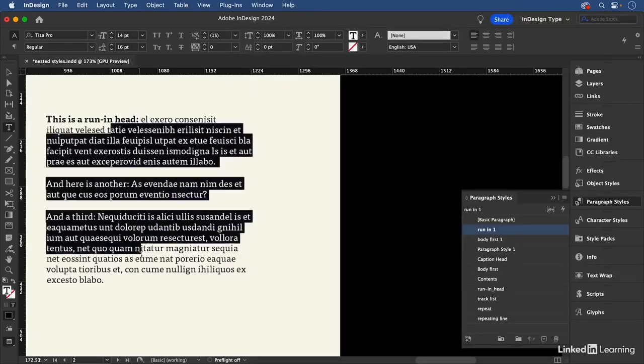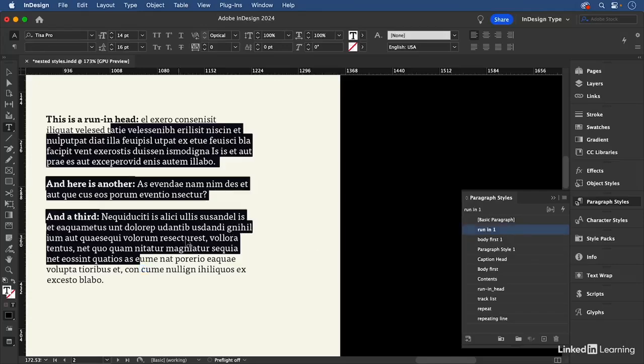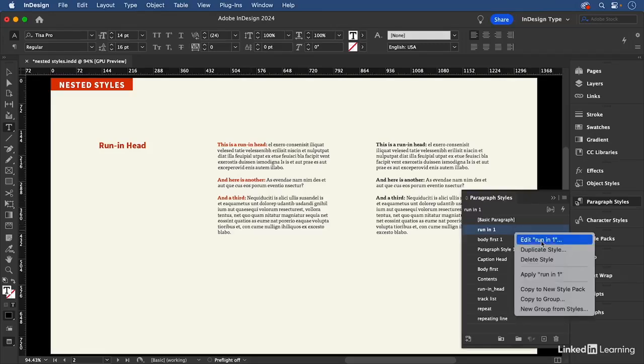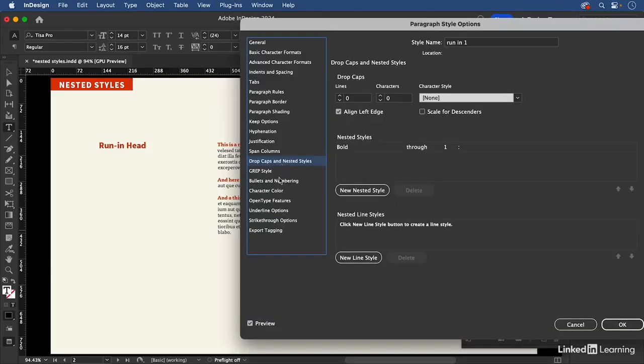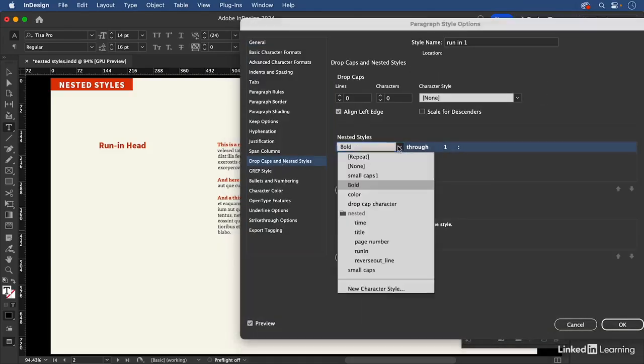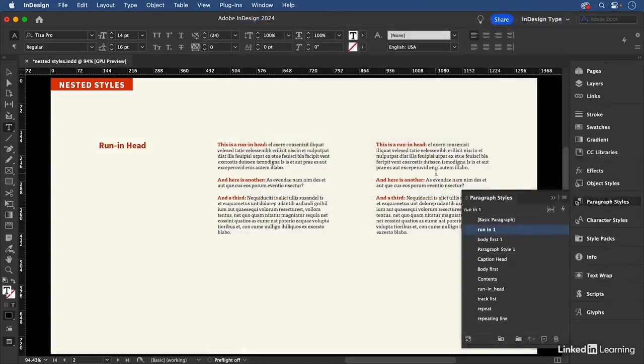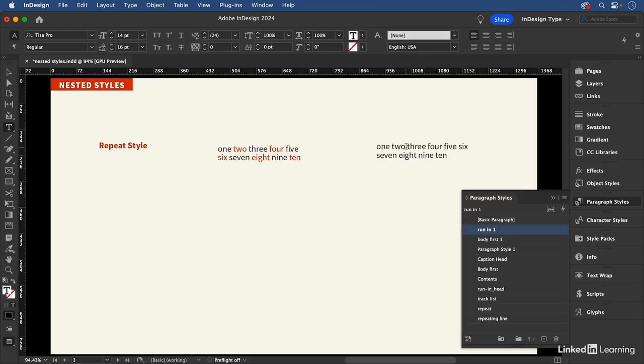So now if I swipe through these paragraphs, I can apply that style like so. And if I wanted a different character style, you can see here that I'm using a color on this version, then all I need to do is come and change that definition. And what we want is run-in, I believe. And there it is. This example is interesting. Frankly, it's not often that you would use it, but every once in a while it